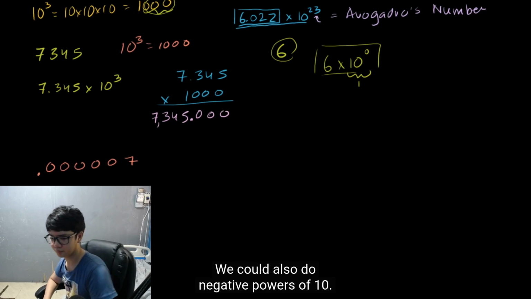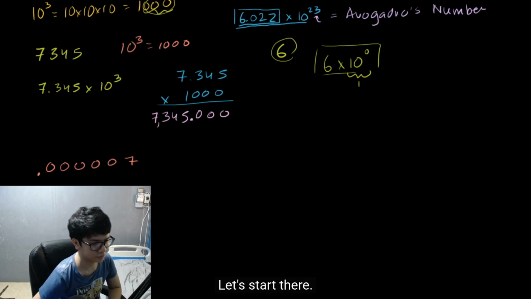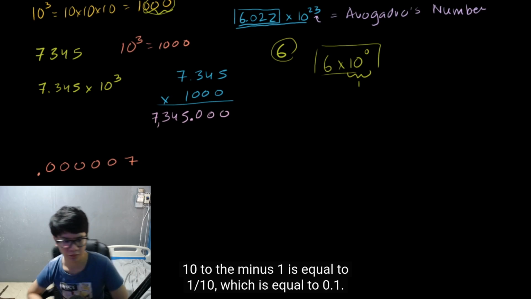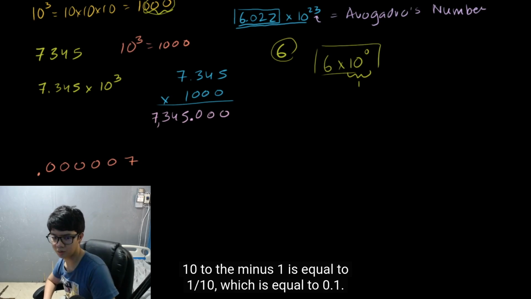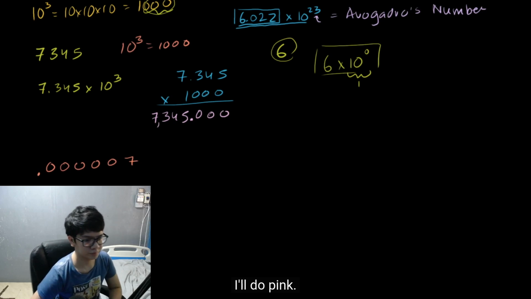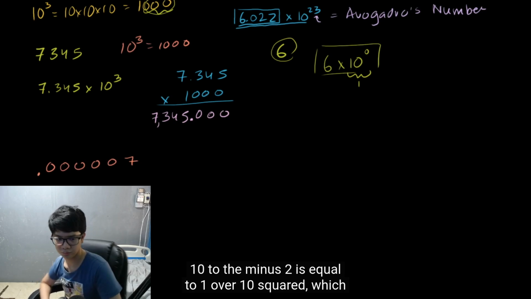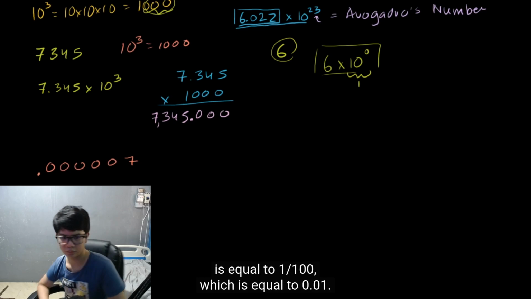We could also do negative powers of 10. We know that 10 to the 0 is 1. Let's start there. 10 to the minus 1 is equal to 1 over 10, which is equal to 0.1. Let's switch colors. I'll do pink. 10 to the minus 2 is equal to 1 over 10 squared, which is equal to 1 over 100, which